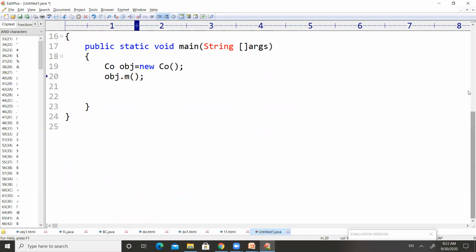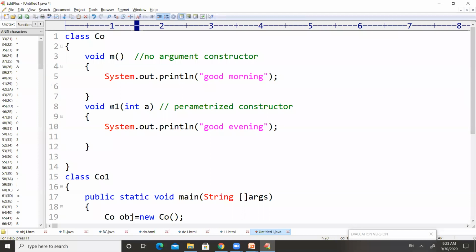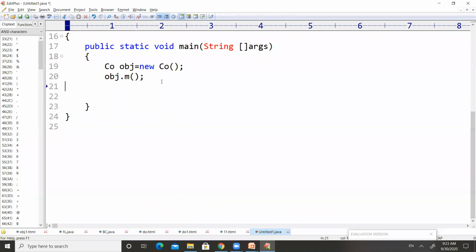But if you want to call the method m1, we need to pass an integer value in order to execute that particular method. Just follow: it is small letters, obj dot m1.